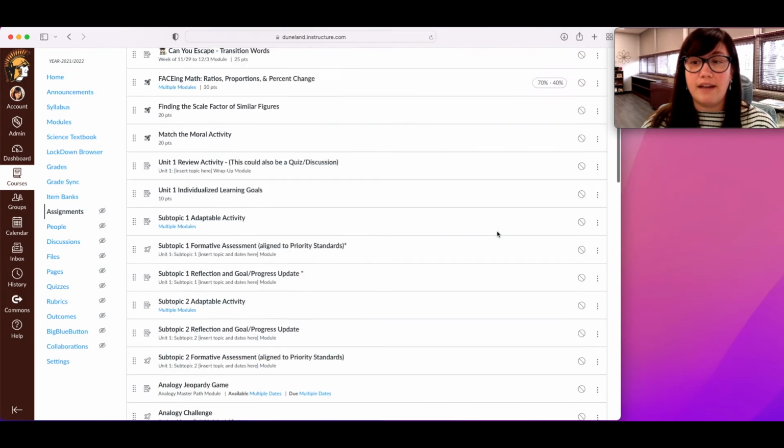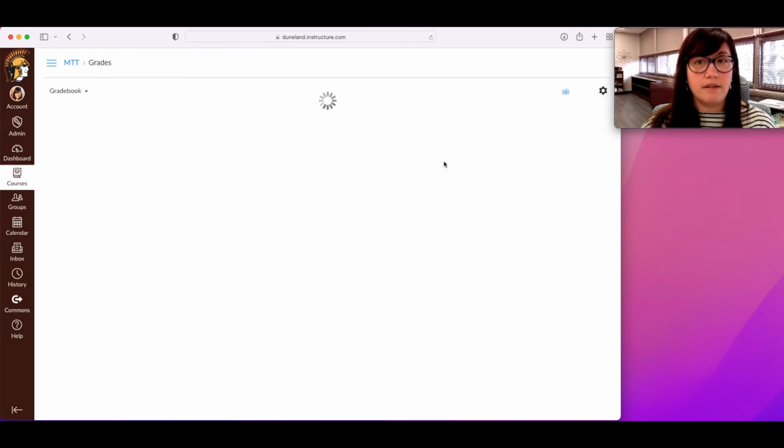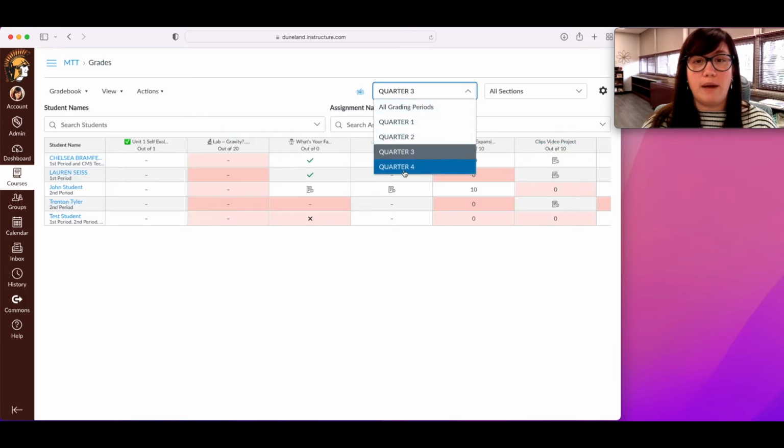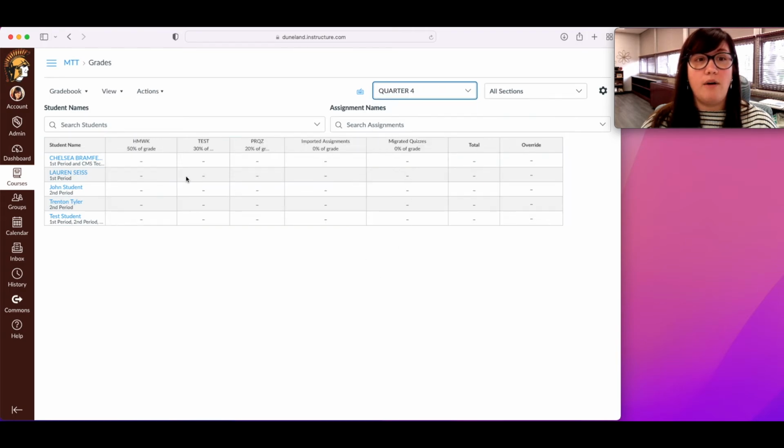And now that all of that is unpublished in that Q4 grading period, I'm going to go back to grades. And when I filter by Q4, now all of those assignments are gone. So as long as they're unpublished, they won't be in this Q4 grade book. So unpublishing is the easiest way to get stuff out of there. If you do have stuff that is published and has submissions, you will have to adjust and put a due date on it that's for anything but Q4, or you can delete it if you know it's not something you're